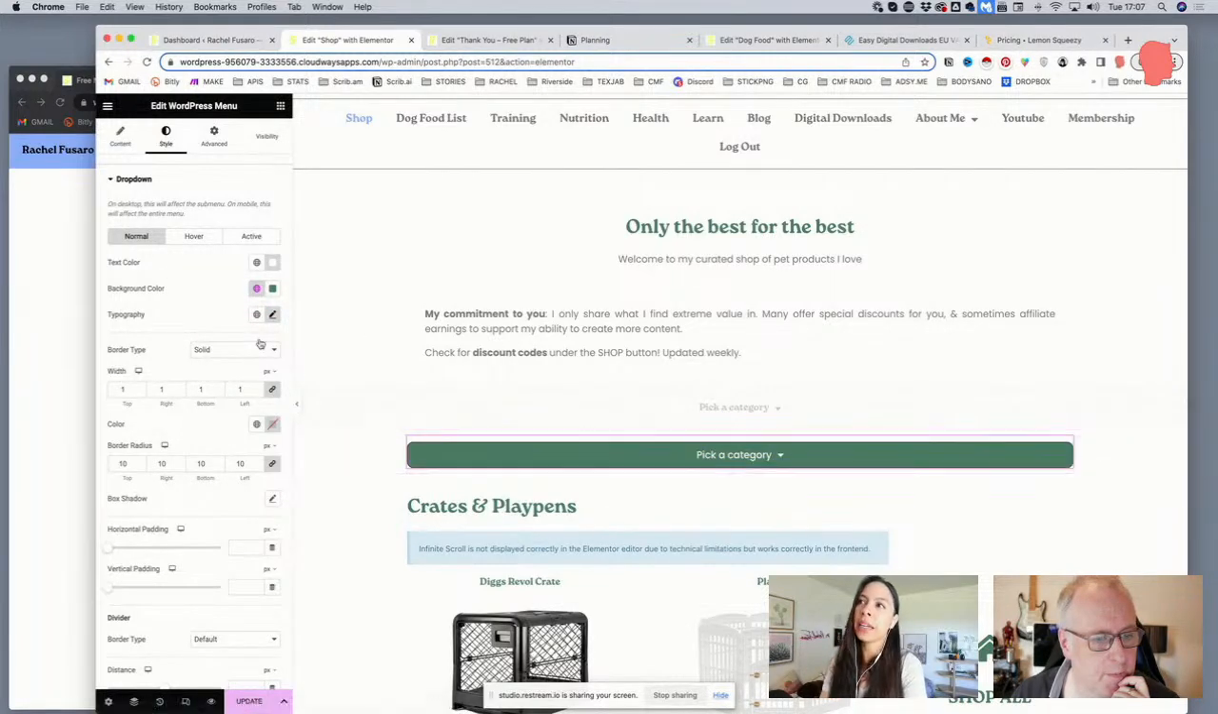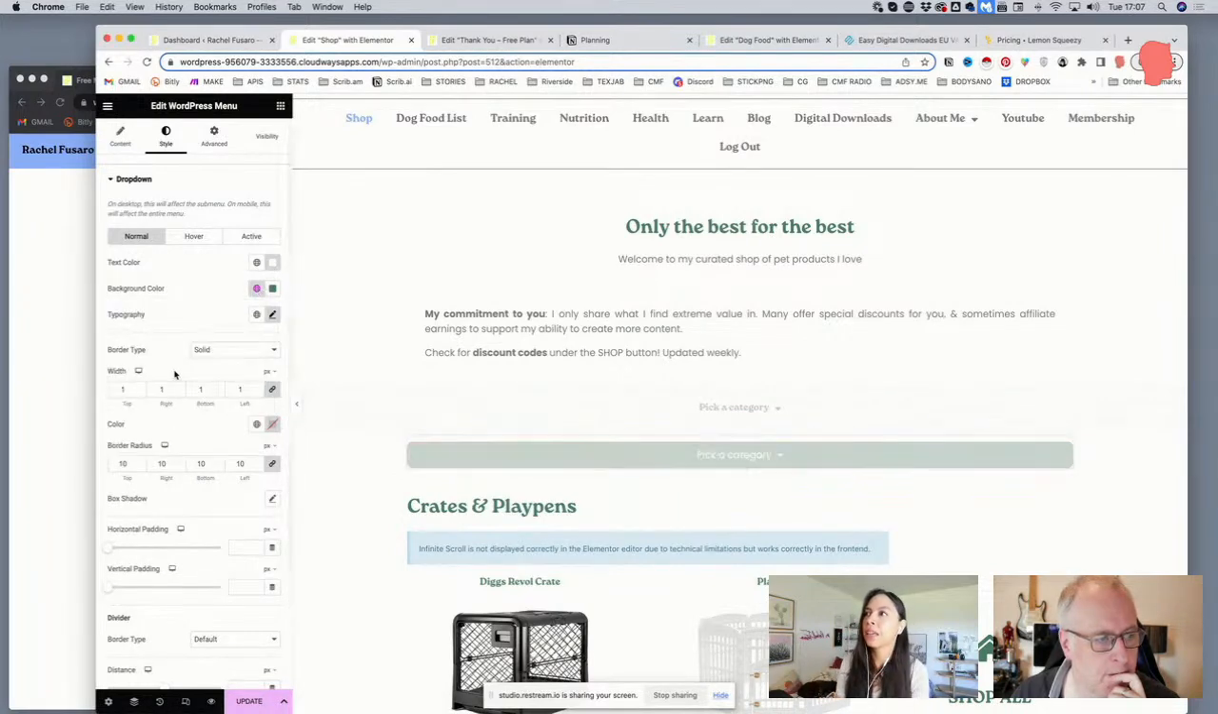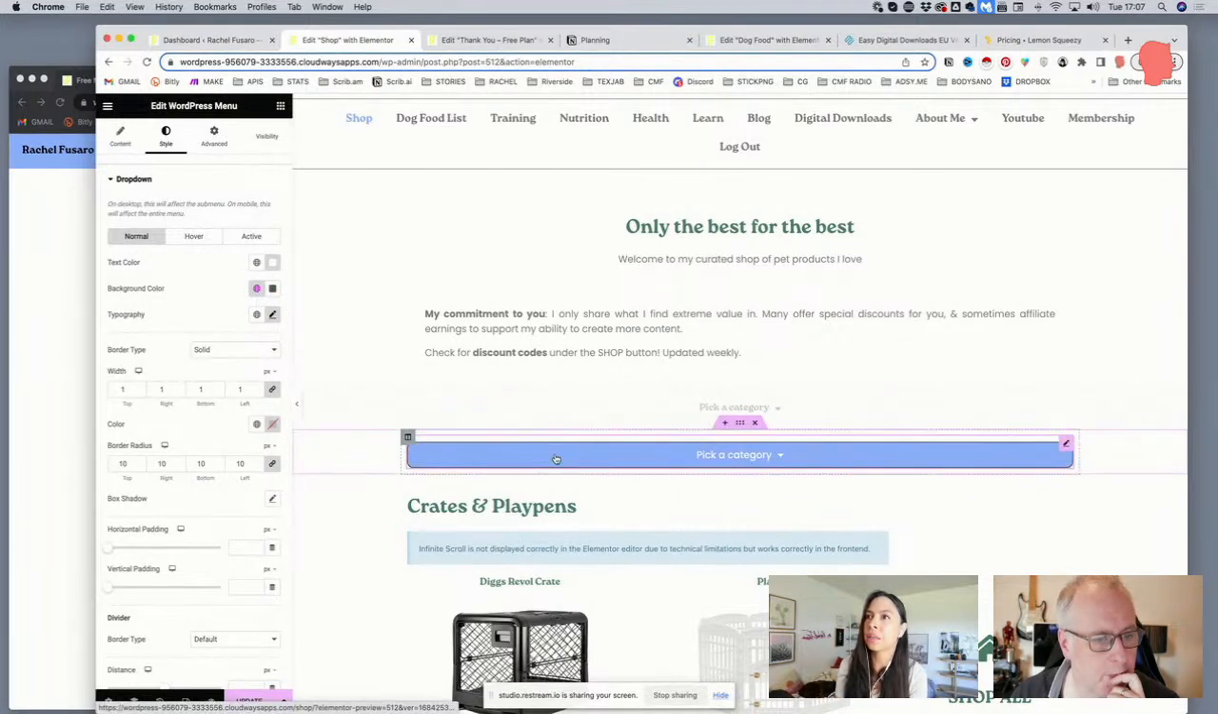Maybe make it dark gray, and we'll just leave it at that for now. Yeah, the secondary, that looks nice. Oh, there it is. Yeah, that's it. And so at the moment it's full width